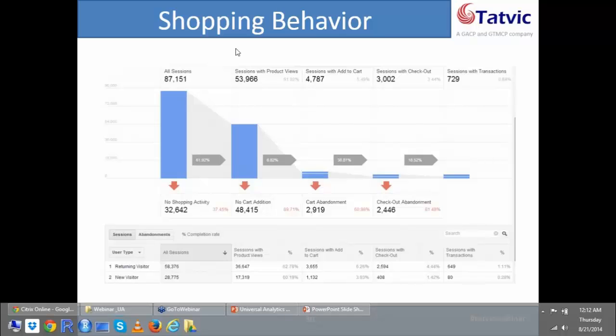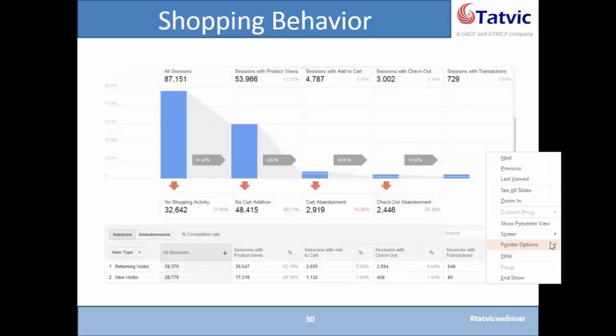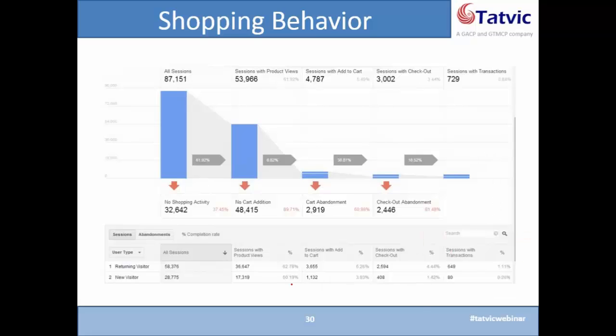So there's huge opportunity for an A/B test at a product view level or product detail page level, and it's so apparent that most people actually do not add the product to the cart. Interestingly, if you can break this funnel down and see, this is more problematic in the case of the new visitor. New visitors are not really converting very well, because if you see, new visitors are converting at almost half the rate of